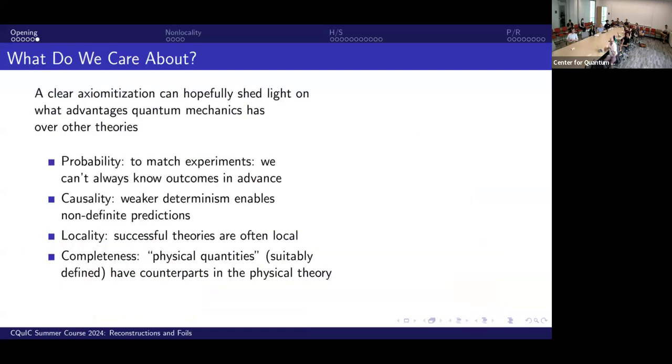One of the reasons you might like to think this is interesting is that if we can get better axiomatizations, get a better idea of what the core of quantum mechanics really is, you might say, okay, maybe you can have better ideas of what advantages quantum mechanics has. Maybe that's a very ambitious way of saying this, but it's one argument you can use if you're writing grants, I guess, for definitions. Now the question is, what kind of axioms do we care about?